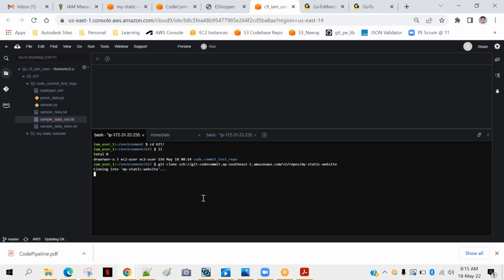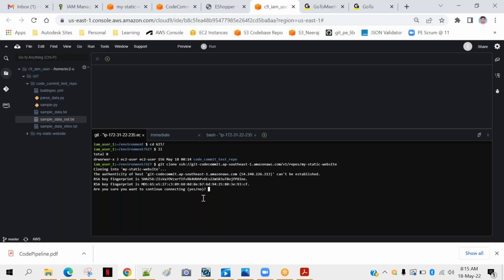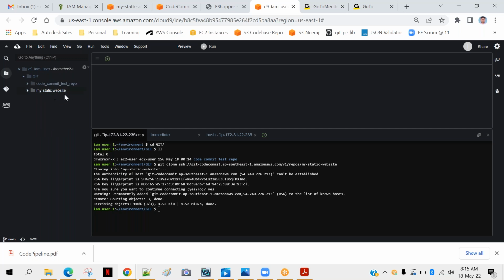This one. Okay, that's all. It has copied the repository onto my Cloud9. If you want to see, I can show you. You see this one, my static website. And if I expand this, you see that the index.html file is there. But now